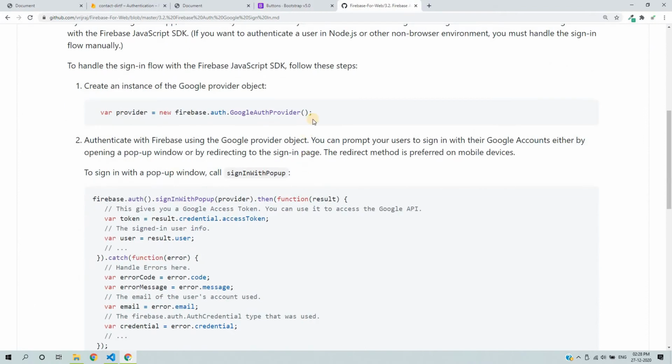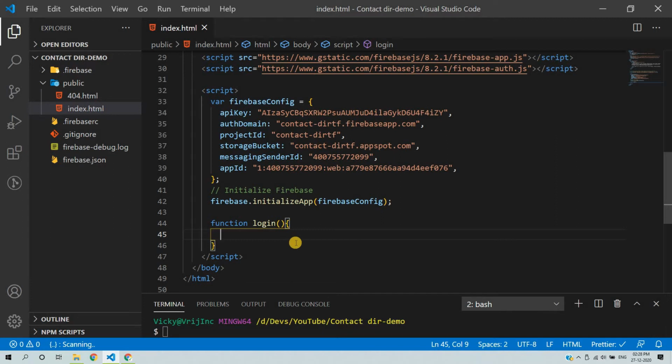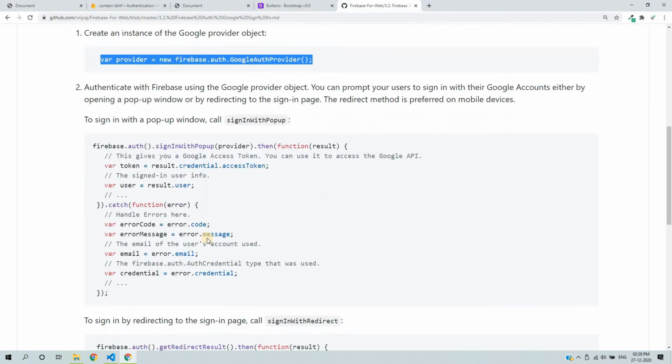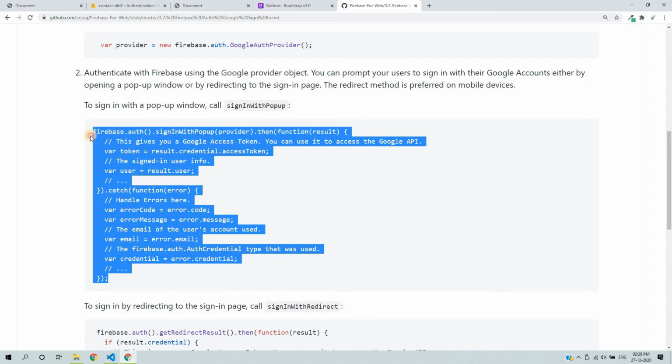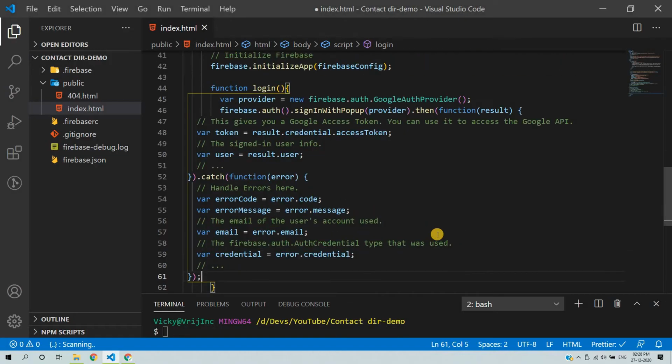So this is a process we can use, or if you haven't watched the video on authentication, you can go to the YouTube channel and watch it. So first we need to define a provider. So we have defined a provider for Google authentication, and then we need to call a function for the login. So this is a function. So this is the entire functionality we can use for authentication.